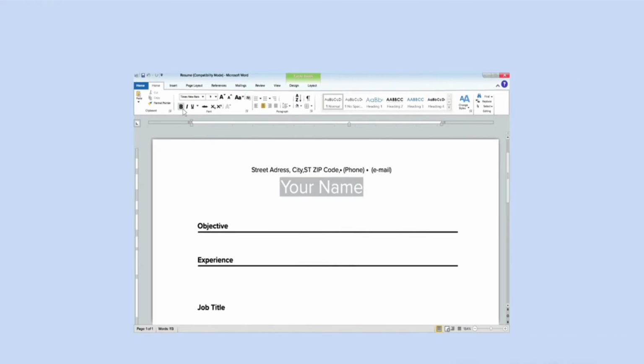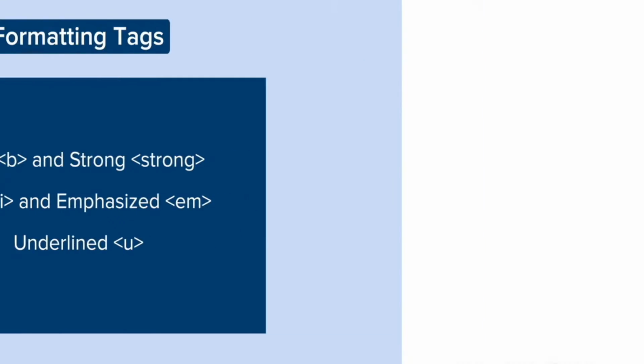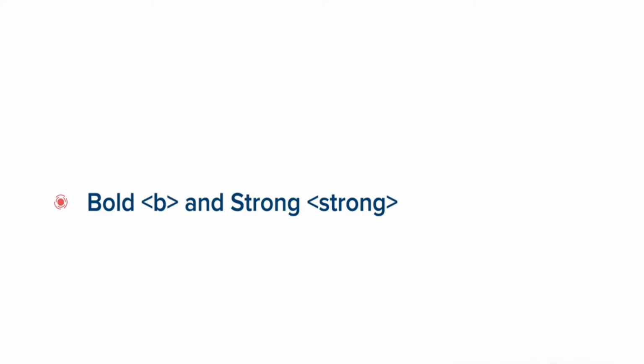website. When we write a resume, we use several formatting features such as bold to make our name in bold or to underline some important parts using underline formatting. Similarly, while creating an HTML web page, if we want to format the text, we have a few formatting tags. We will start with the bold and strong HTML tags. The reason why we are discussing both these tags together is that there is visually no difference in the content when we use them. This means we can use them interchangeably.